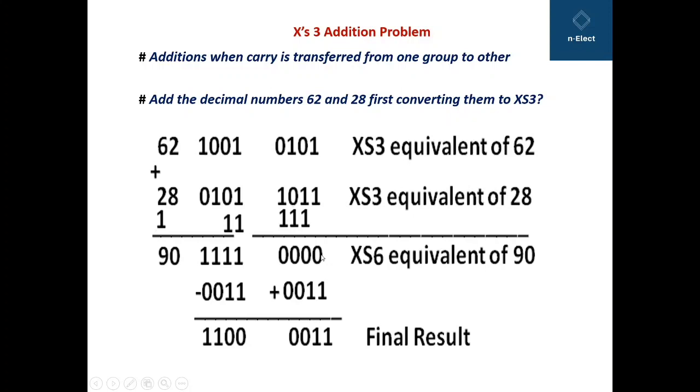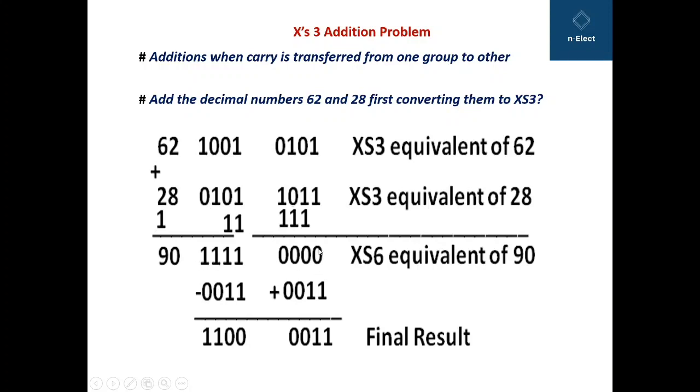1 plus 1, 0, 1 carry. 1 plus 1, 0. Then 1 plus 1, 0. Then 1 plus 1, 0. From this group, the carry is going to the next group. From these groups, after addition, the carry is moving from here to here. Now here you are getting 1 plus 1, 1, 0, and 1, 0 plus 1, 1, 1. So 1 here and 1 here. Then 1 plus 0, that is 1. 1 as it is and 1 as it is.